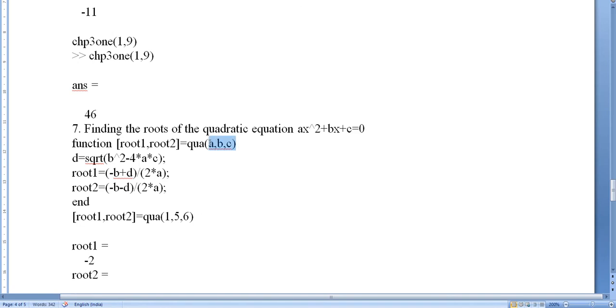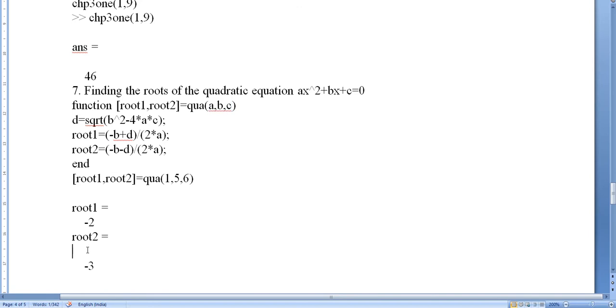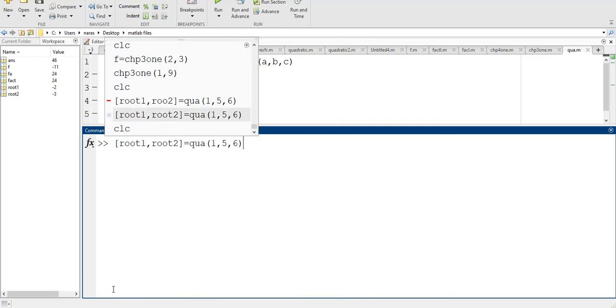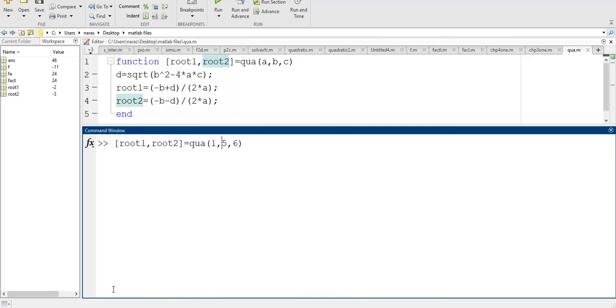Here there are three input variables and two output variables. The three input variables are local variables A, B, C. Root 1 and root 2 are output variables. So minus 2 and minus 3 are the roots. In a similar way, suppose you want to find the roots, I will write again 1,